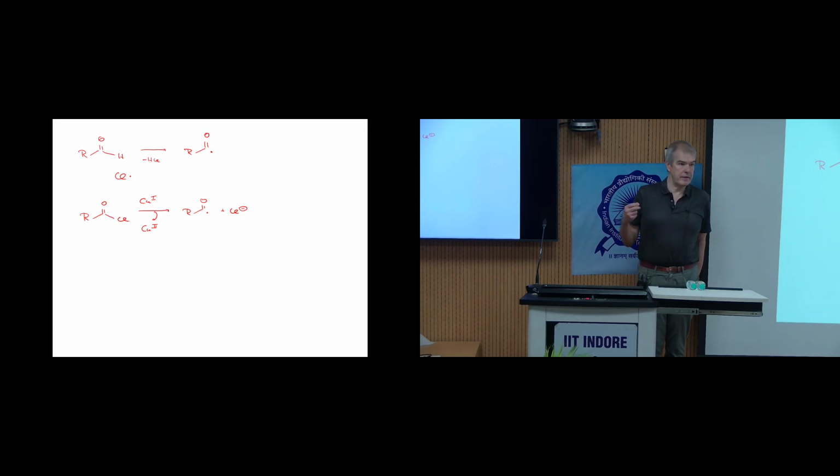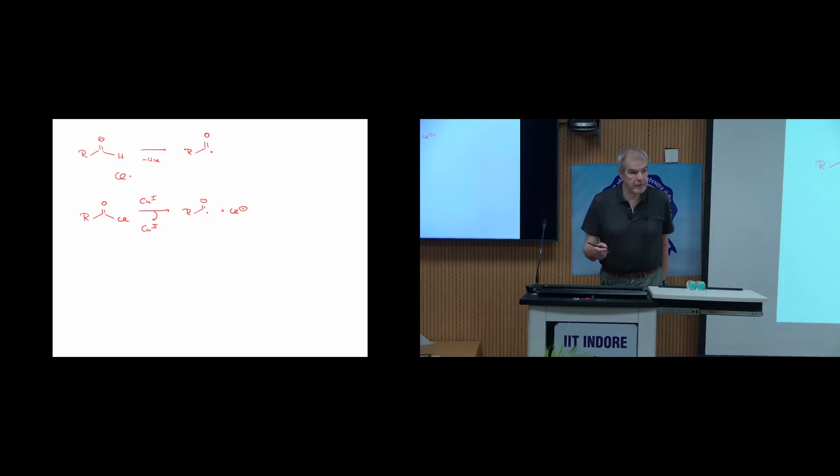But the alternative to this is that you could start with an acid chloride and then do a reduction with the copper-1 photocatalyst. That is something we have seen yesterday quite a bit. So copper-1 goes to copper-2, and you are forming the acyl radical, and in this case you're extruding chloride. So both times it's the same radical, but in the second case